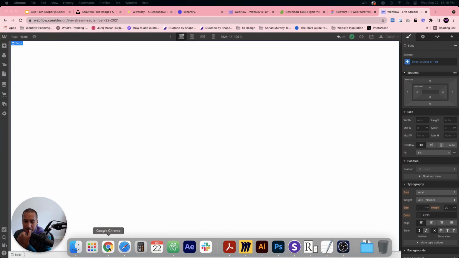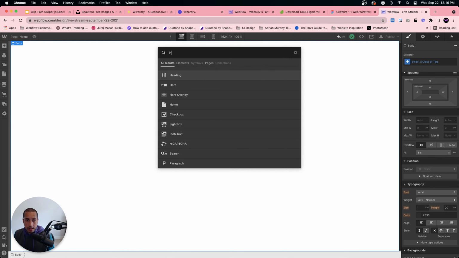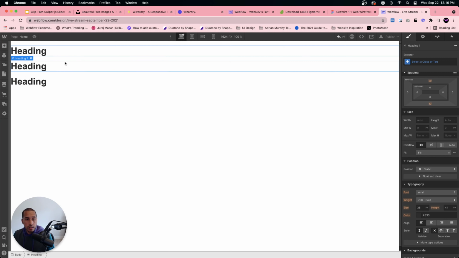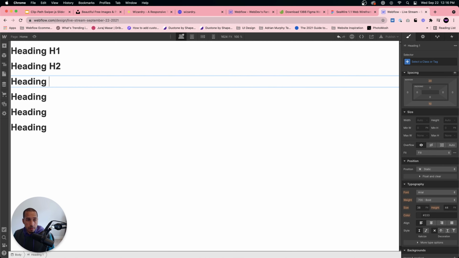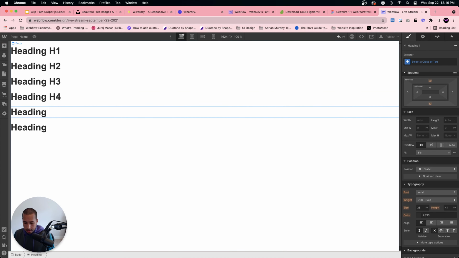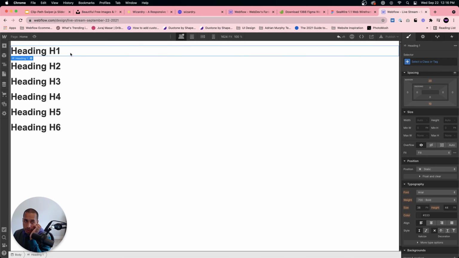Let me get back to Chrome. All right, cool. So yeah, I'll just add a heading and we'll add H1 through H6. H1, H2, H3, H4, H5, and H6. Obviously, if I was building a real site, I'd want to base these sizes off